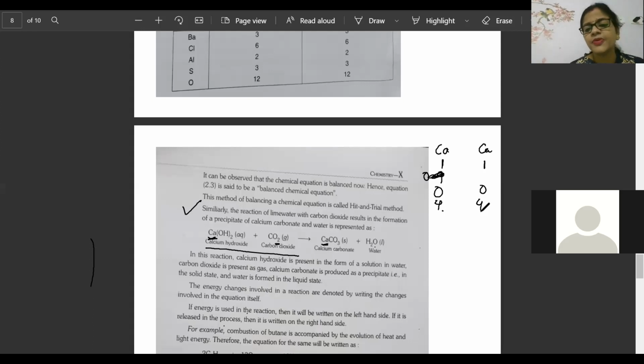What about the hydrogen number, beta? Hydrogen number is 2 on the left side, hydrogen number is 2 on the right side. Do you need any balancing? Ajay, you were correct. Annie, correct. Saran, correct. Abhirami, correct. Is this equation already balanced? Say yes or no. Did you do anything? Yes. Janani, very good. Everyone is telling it is already balanced, auntie. Super. Fabulous piece of work. Are you learning something? Very good.